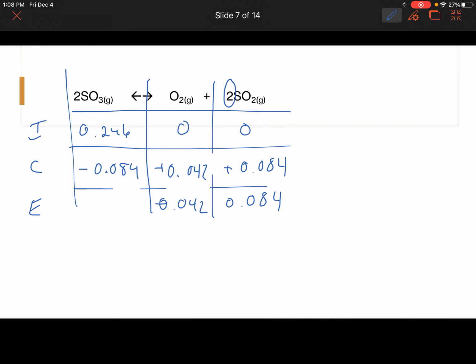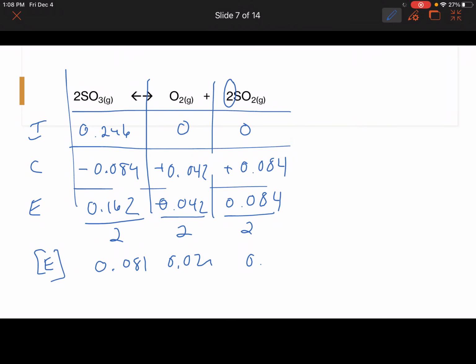So now I just subtract those numbers. I take 0.246 minus 0.084, and I get an answer here of 0.162. Now I'm asked to find the KEQ, but to find KEQ I need concentrations. These are not concentrations at this point, these are moles. So if I divide each of these by 2, I can calculate the equilibrium concentrations. So my equilibrium concentrations are going to be 0.081,